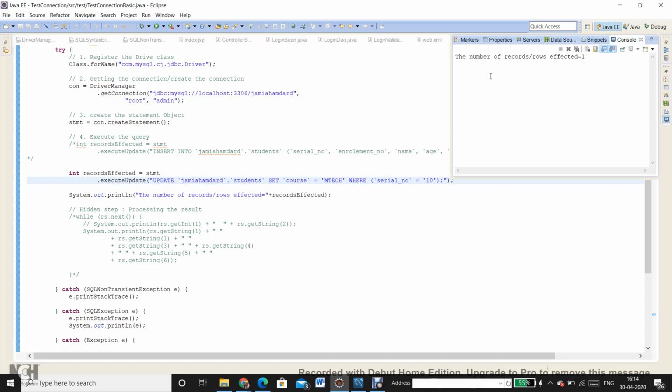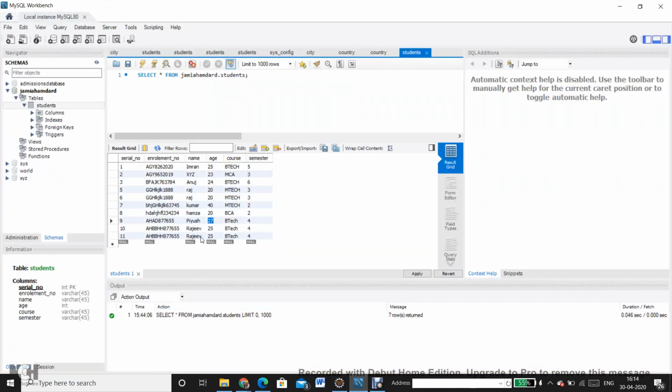The number of records or rows affected is equal to 1. So let's go and see record number 10. It's showing BTech still, and let me refresh it, and you will see it has changed to MTech.